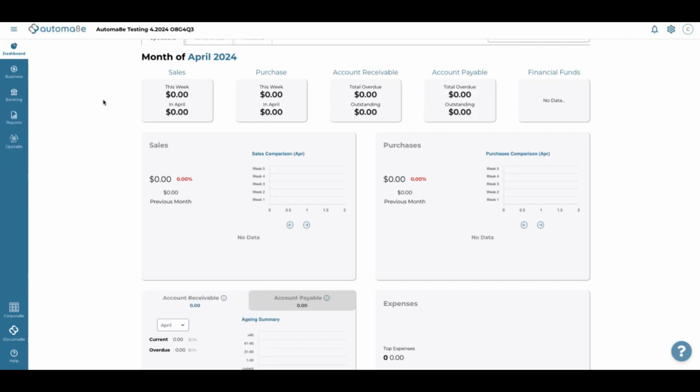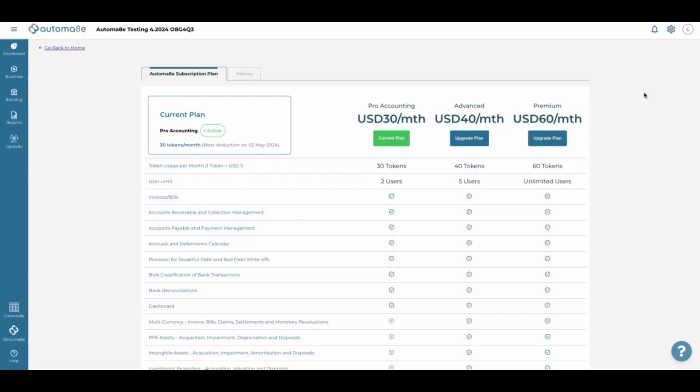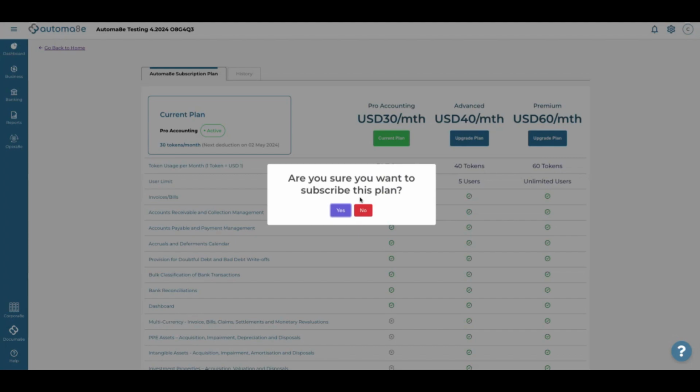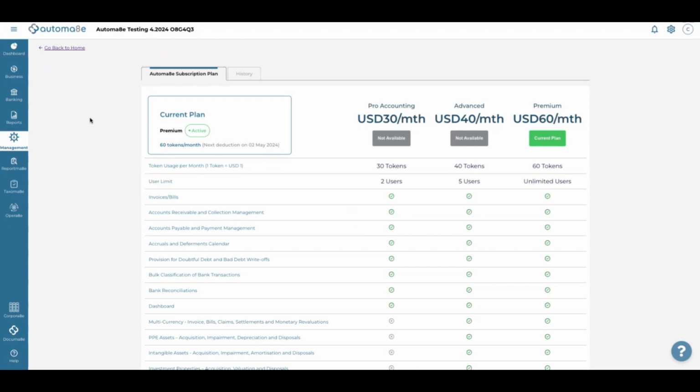So this is the company. The first time that you create it, we only have the business banking reports and operate here, but we don't have the tax and the annual report. So you have to go to settings, subscription, and choose the highest subscription plan, which is the premium. And then the next one, business profile,